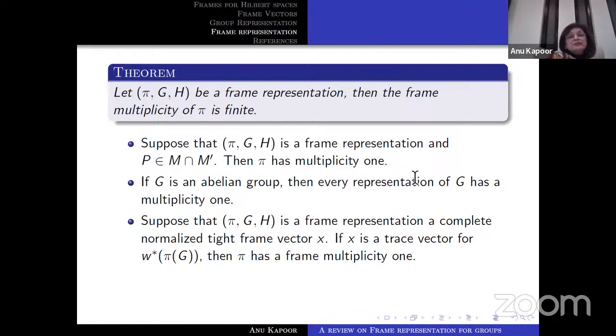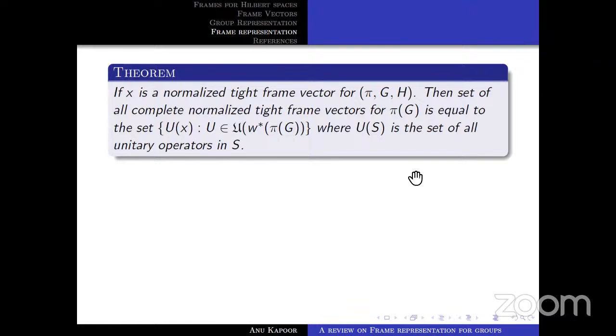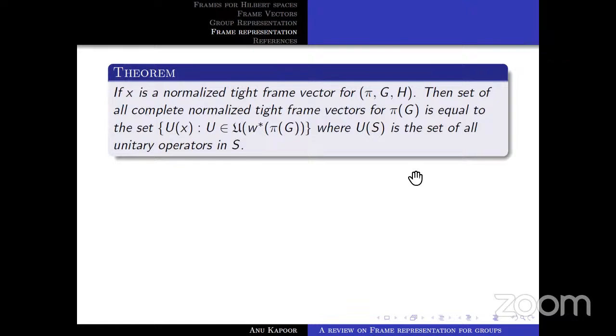Now, next is the final result which we arrive at, and that is the important one, which sums up that we can literally count all complete normalized frame vectors. What does it state? It says if X is a normalized tight frame vector for pi G H, then the set of all complete normalized tight frame vectors for pi G is nothing but equal to the set UX, where U belongs to U of W star pi G, that is